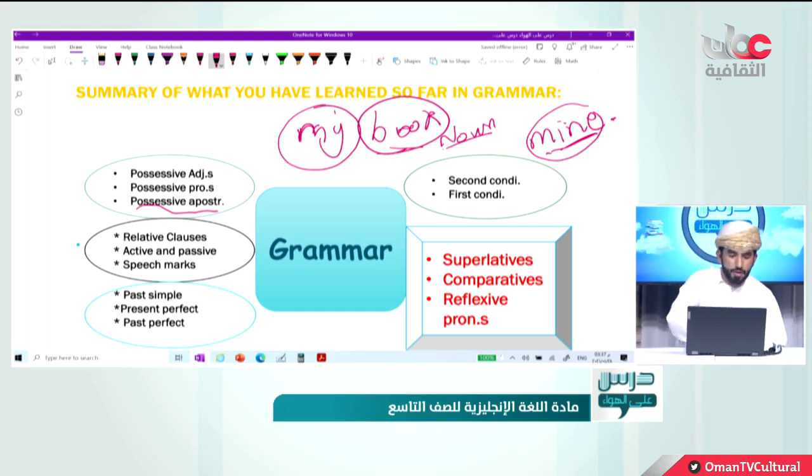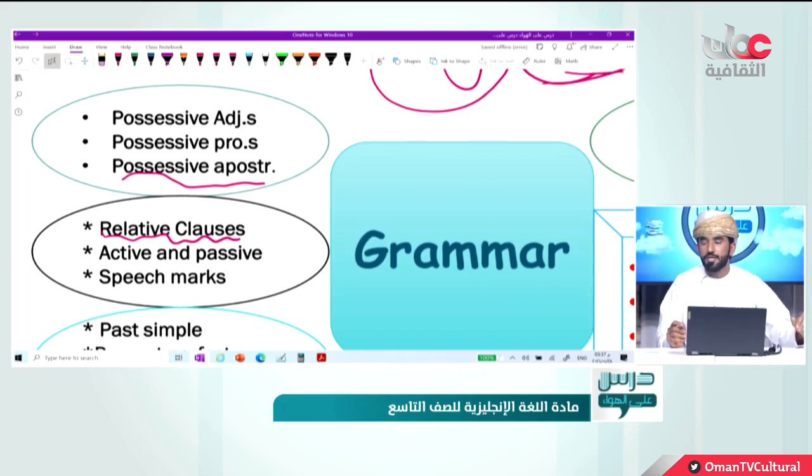Let's go to relative clauses. Now, relative clauses, let me just zoom it a little bit. Do you remember the lesson also that was taught by, I think, Mr. Ismail, or I don't remember? We took 3 relative clauses and we said that we have, yes, who can mention, okay, very good: that, who, and which. Do we have some other relative clauses in English? Yes, but according to the book that you have in front of you, we've got only these 3 relative clauses: who, which, and that.